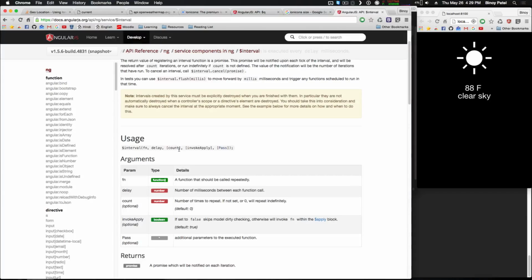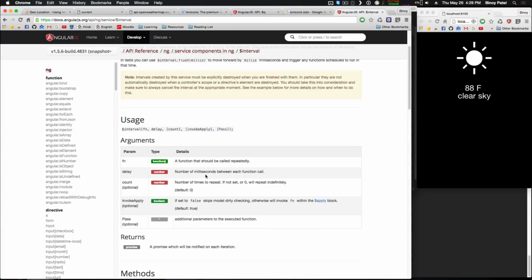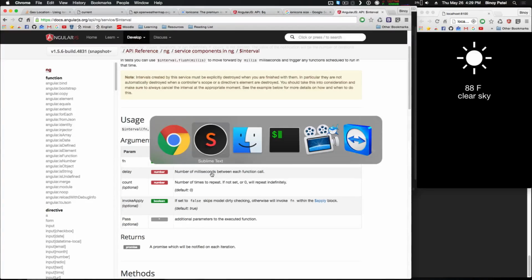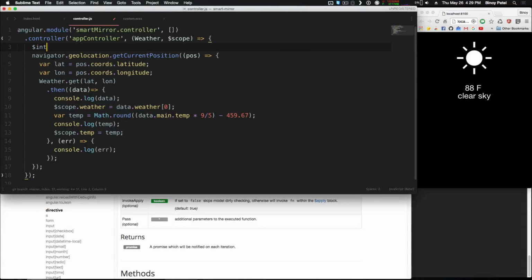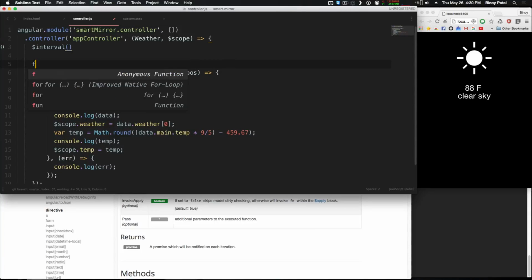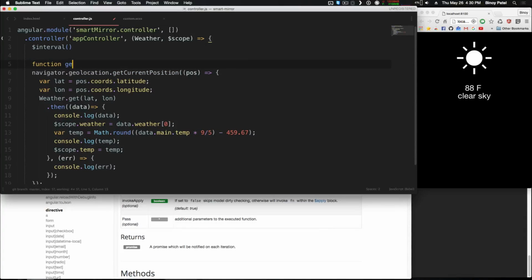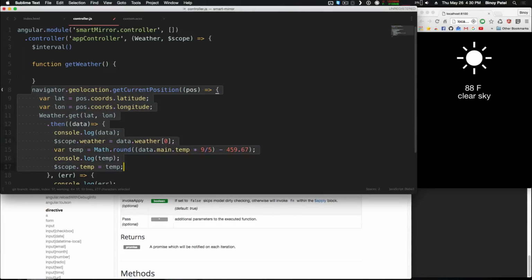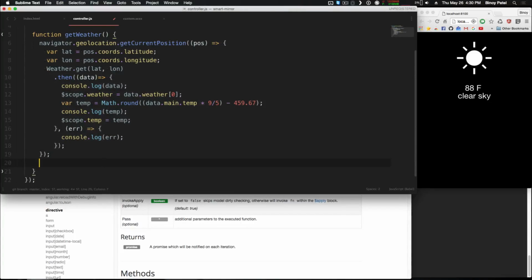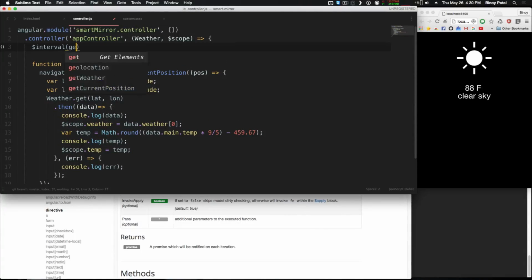So it's a function, delay and count. Delay is a number of milliseconds, and you could just do dollar interval. Let's put this in a function, which makes it more readable, I guess. Get weather. Let's move that in there. We want to call get weather